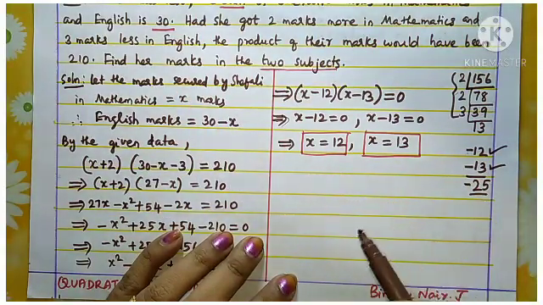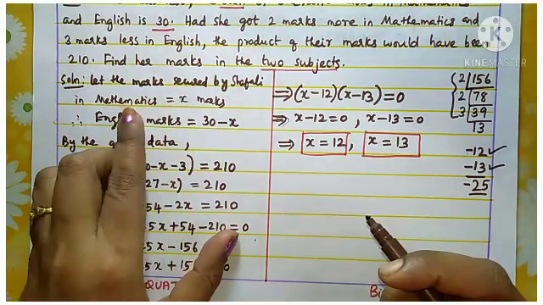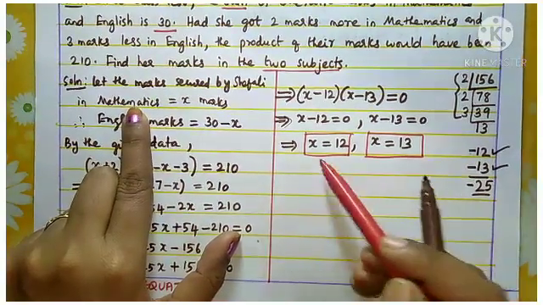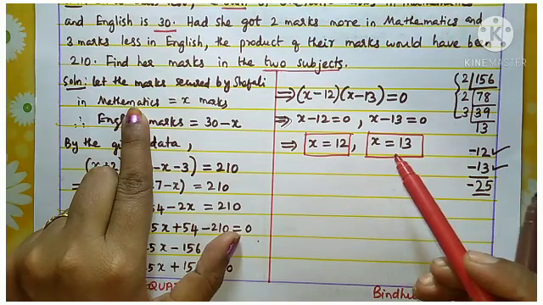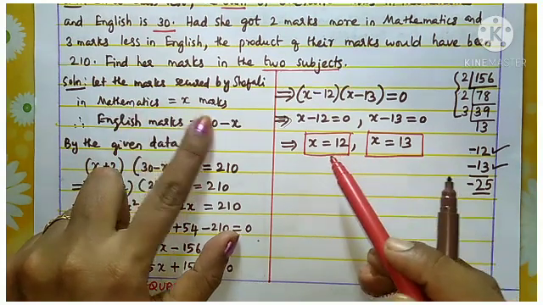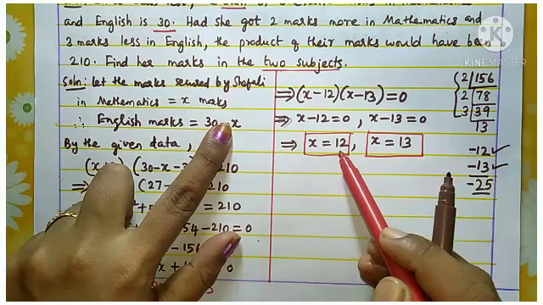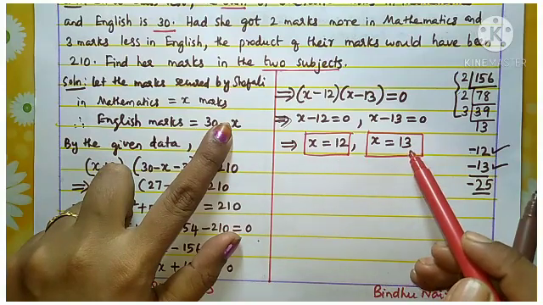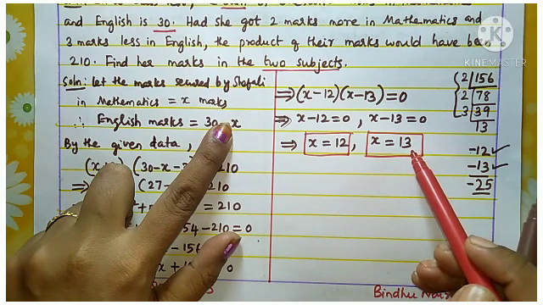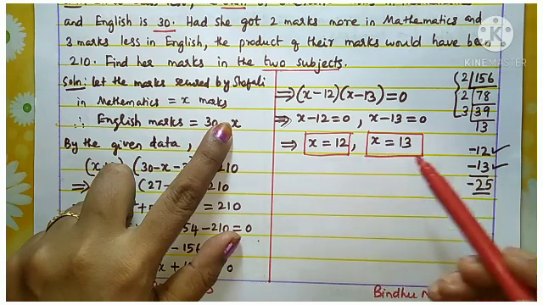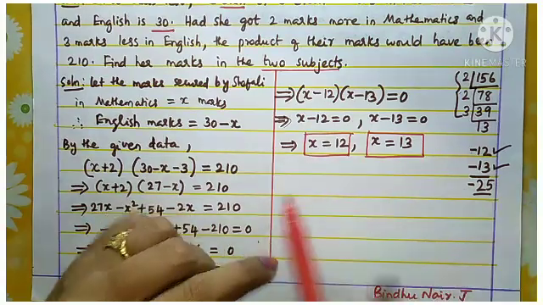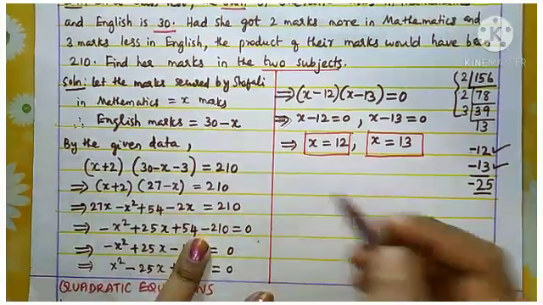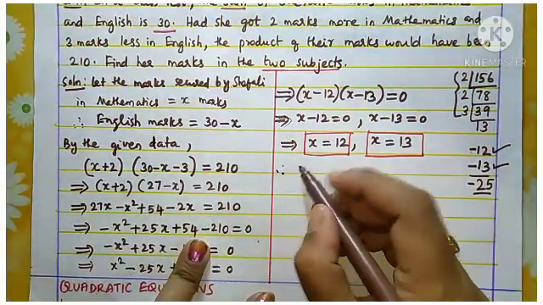So what is this x actually? x is the mathematics marks. So we got two answers, and these two cases we need to consider. What is the English marks when the maths mark is 12, and what is the English mark when the maths mark is 13? The two cases are possible, so we need to find out for both cases. So the next step is, therefore,